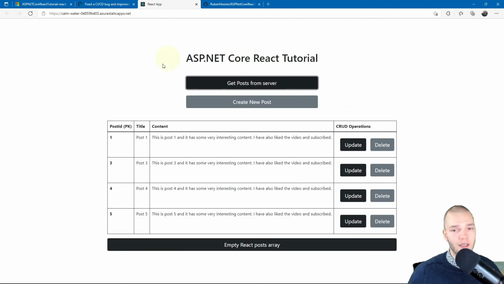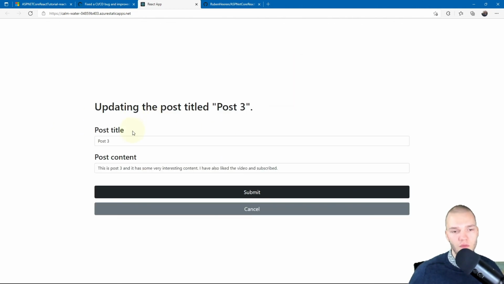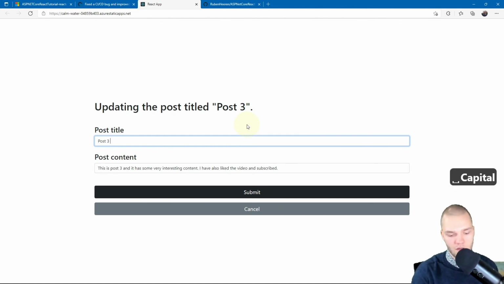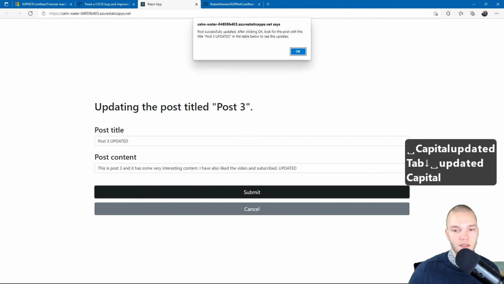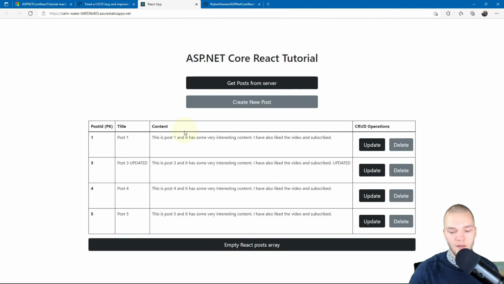I know all the endpoints work because I've tested it in some practice projects, but I'll just update one of the posts to verify. I'll do updated and updated. Hit submit, hit OK.